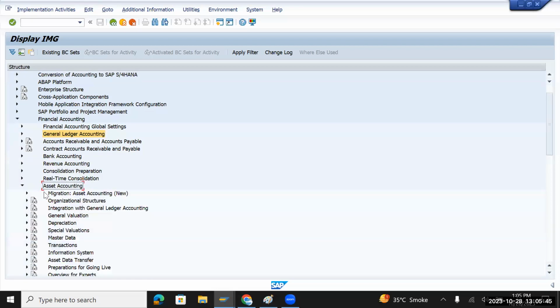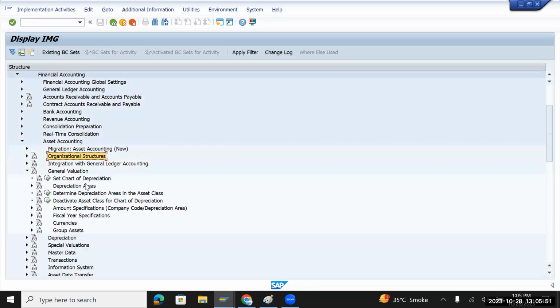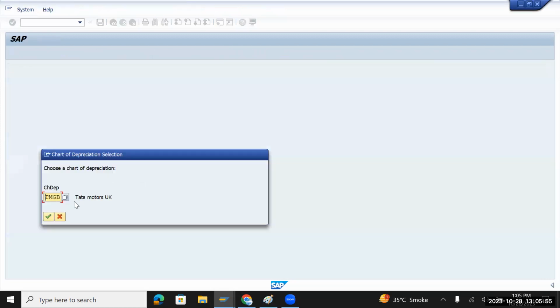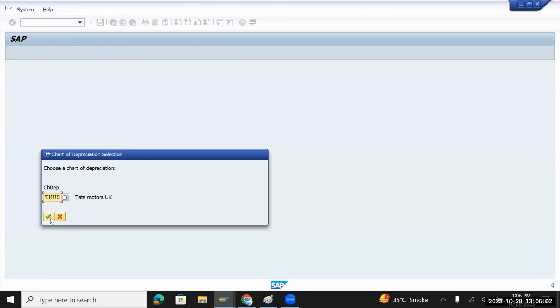Yeah, here we have asset accounting. Under asset accounting, go to general valuation. Here we need to set the chart of depreciation. We'll put chart of depreciation GB first, sorry, US first,